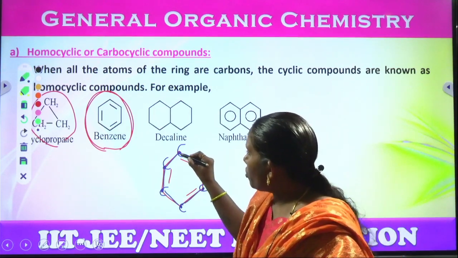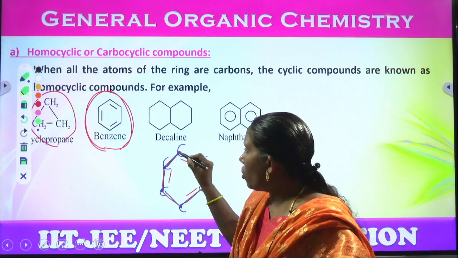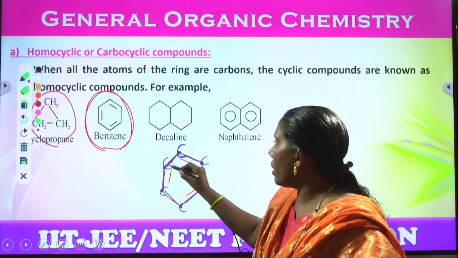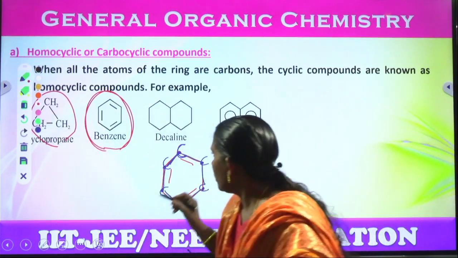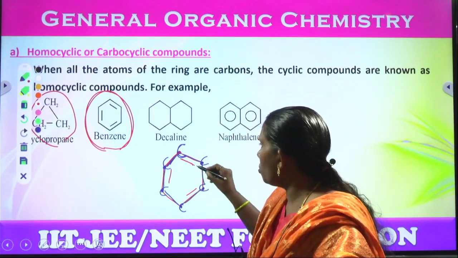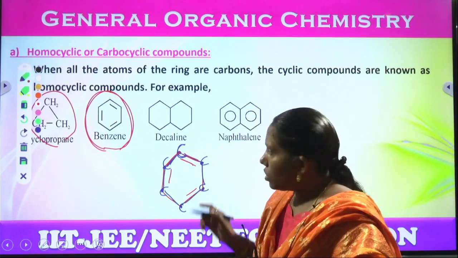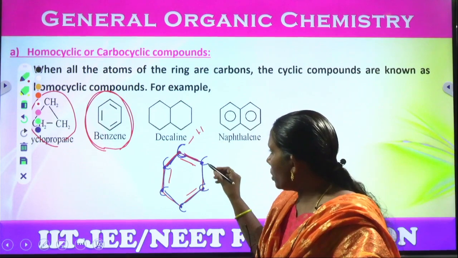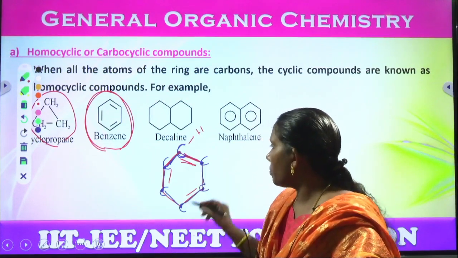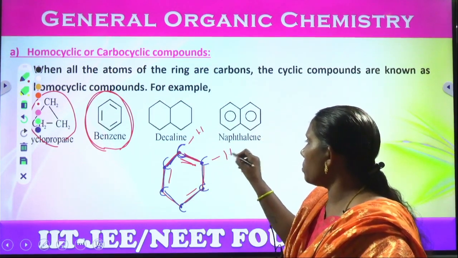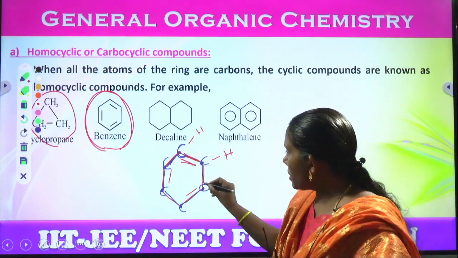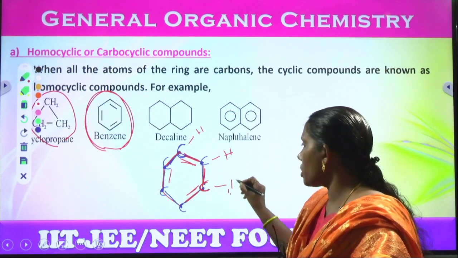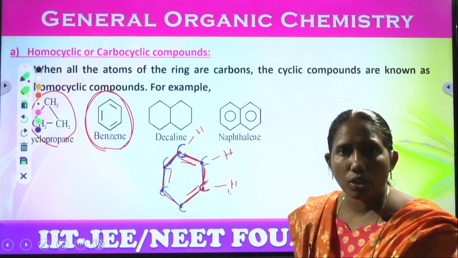Now if you observe, this carbon has only 1 single bond, and see this carbon, first bond, 1 bond, 2 bonds and 3 bonds, so only 1 hydrogen is required. Comes to this carbon, here 2 bonds are there and here 1 bond, so this carbon needs hydrogen, it is a cycle. See this carbon, 1 bond, 2 bonds, 3 bonds, already 3 bonds are there, so only 1 bond is required, so write only 1 H.